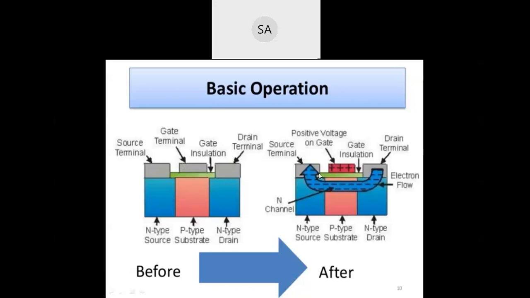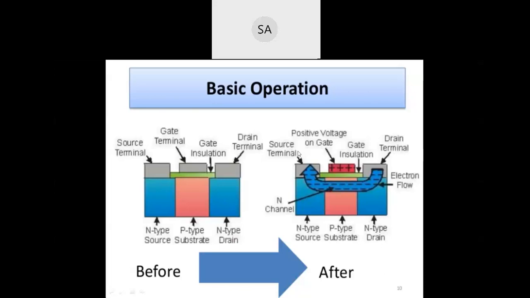After this we show how the electrons are moving. In the N channel, electrons move from the drain to the source. That is the electron flow. There will be movement of charge carriers from the drain to the source, as we discussed. So this is the channel diffusion in the P-type substrate.